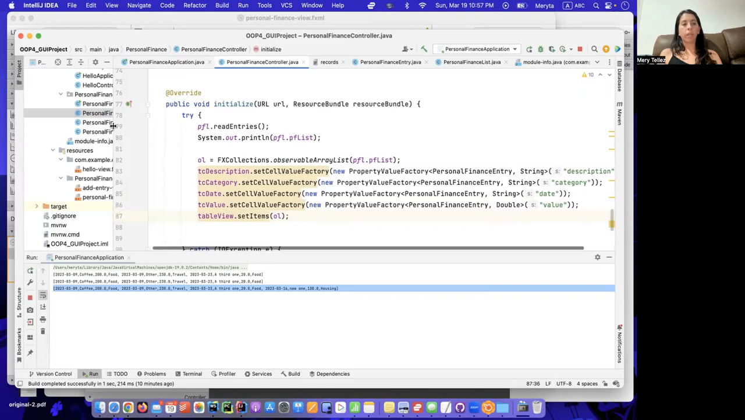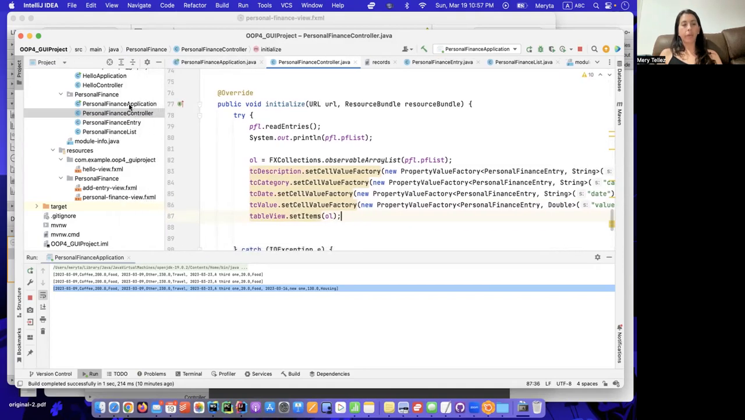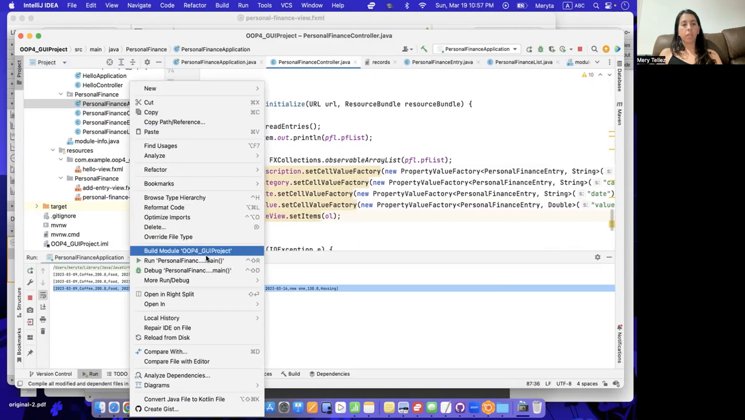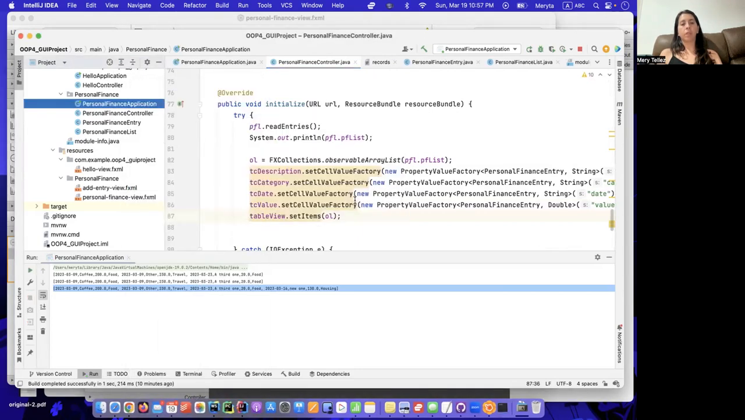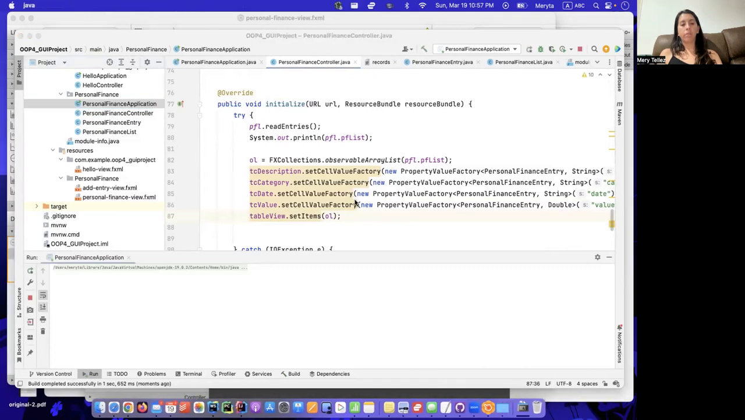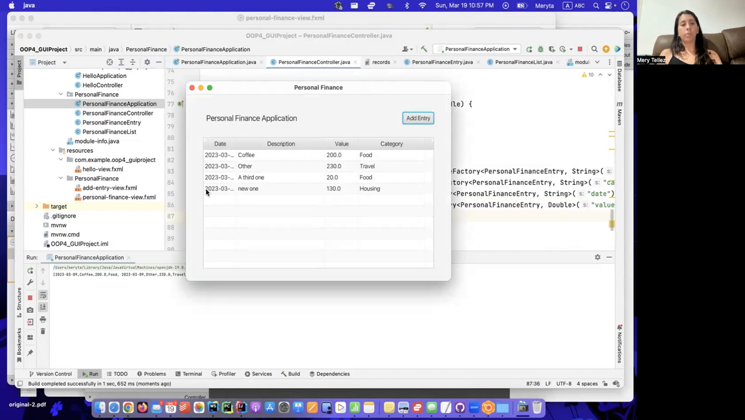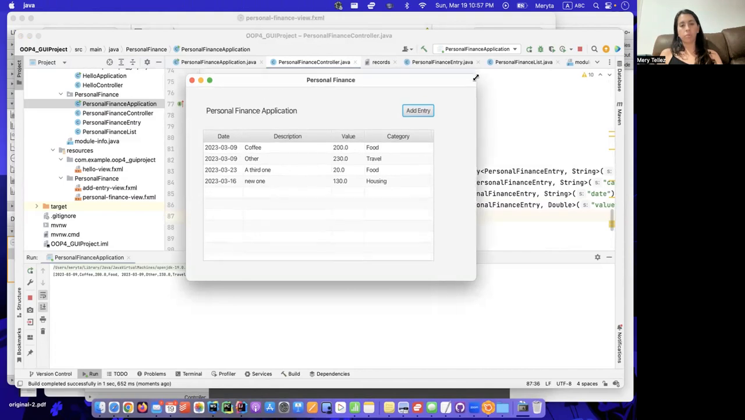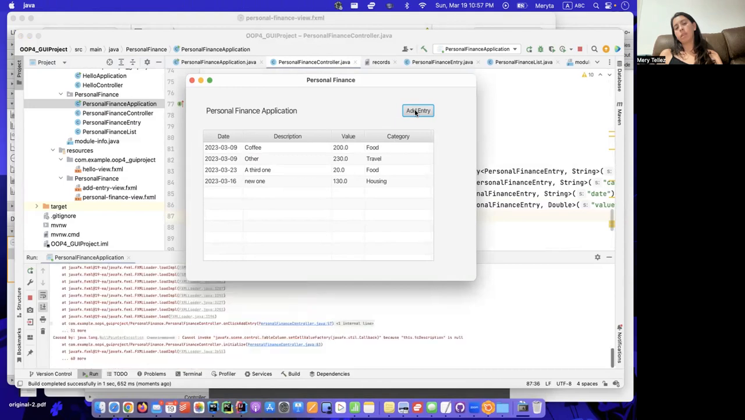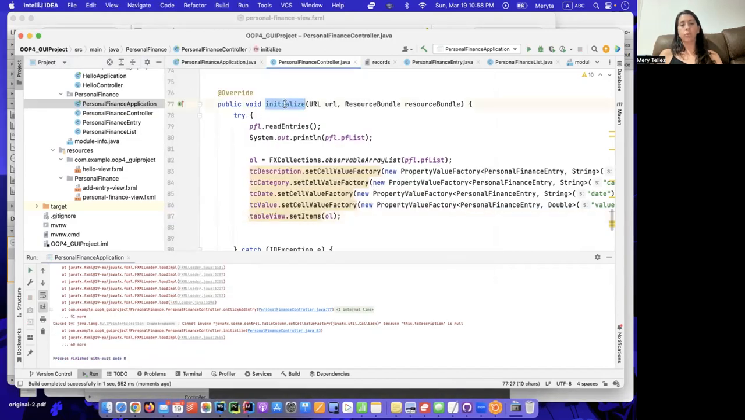Okay, so if I run it right now, it's going to work, but it's going to have an error. Let's see. If I run it, it should be reading from the file all of the ones that we created before, and it should be putting them on the table. So that part is working. It's putting them on the table, that's all good. The problem right now is that if I click on add entry, it's going to throw me a lot of errors. Why is that? Remember that I said that this method initialize runs every time that we run a fxml,